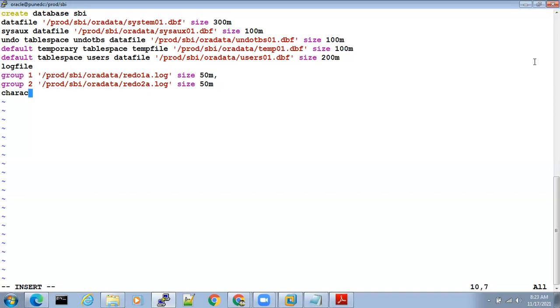Okay, character set UTF-8, semicolon at the end, and enter. That's it. This is the database creation script.